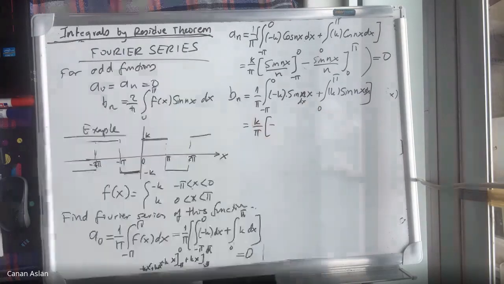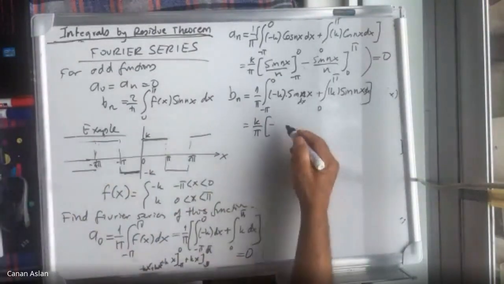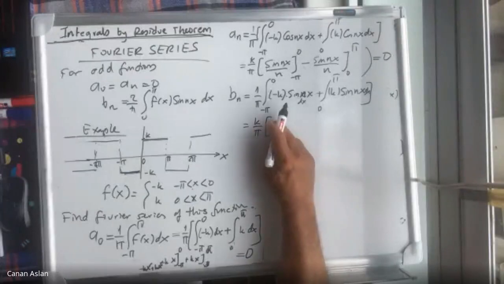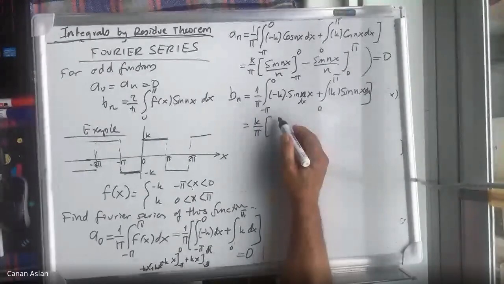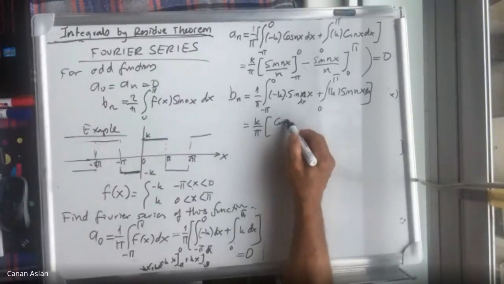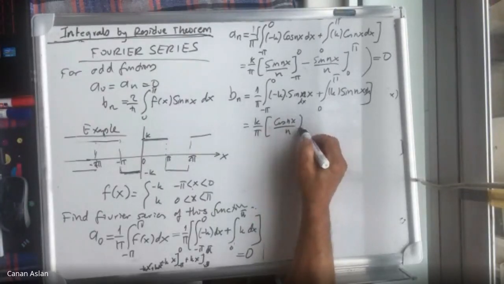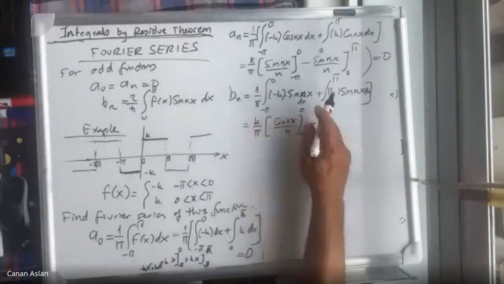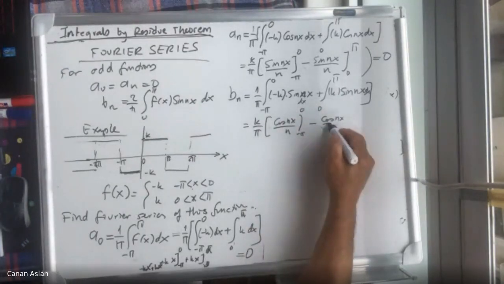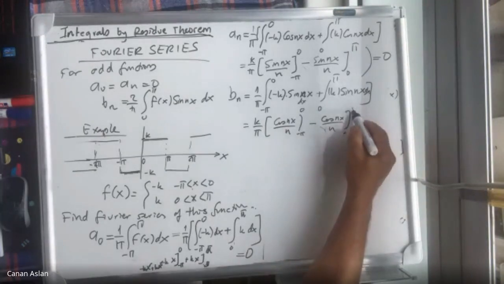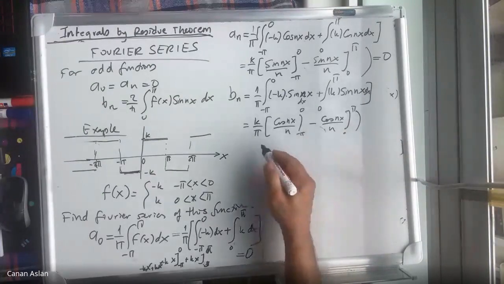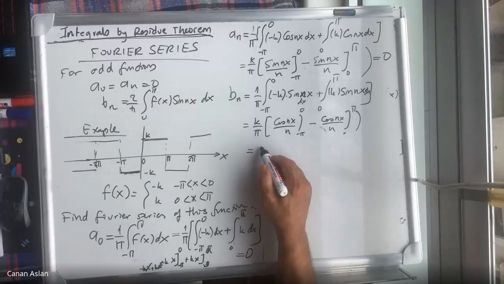The integral of sine is cosine with a minus sign, but there is another minus, so it cancels that. So we basically get cosine nx over n from minus pi to 0, and here we will have minus k, the k is taken outside, cosine nx over n, but now the limit is from 0 to pi. If we put these limits here, we see that it is equal to just 2k